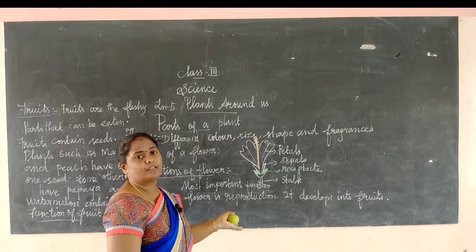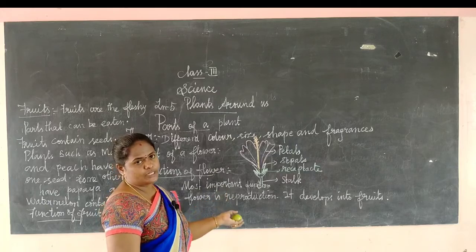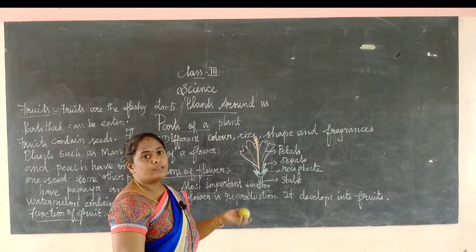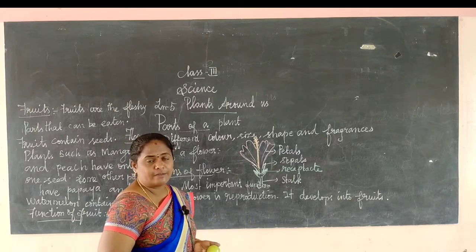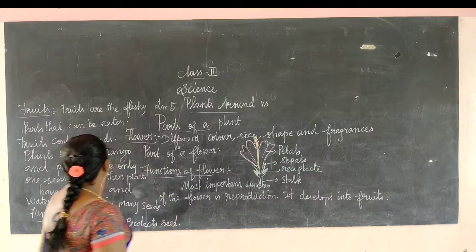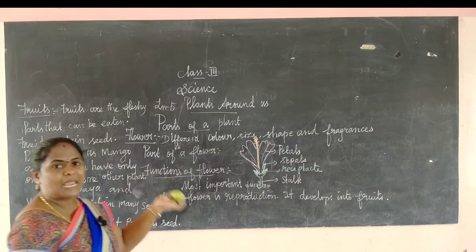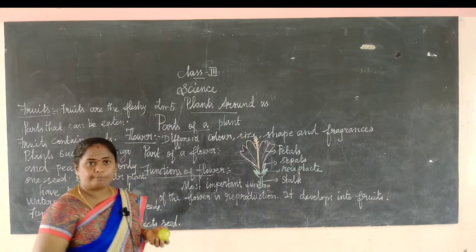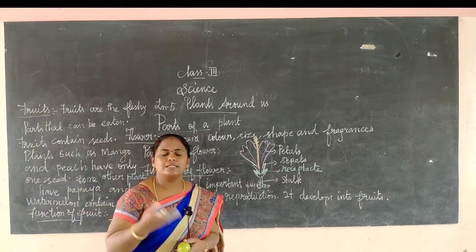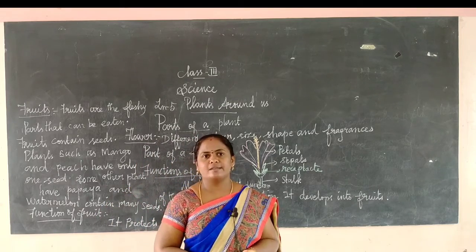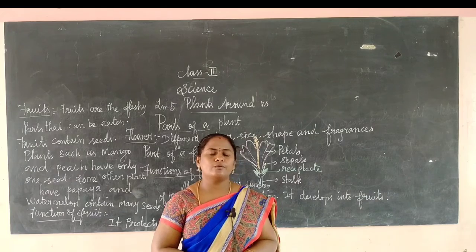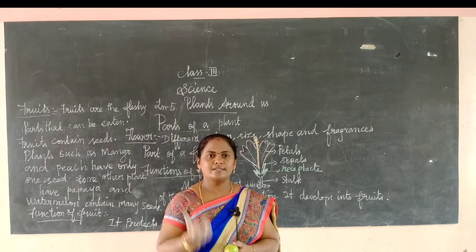Okay, so functions of flower. What is the most important function of flower? Reproduction. Okay, it develops into the fruits. The flowers develop into fruit. Flower வந்து எதா develop ஆகும், fruit develop ஆகுது. Next we saw the fruit; இதுதான் நம்ம plants லயே fleshy part, நம்ம சாப்பிடக்கூடிய பார்ட்டா இருக்குது. And then some plants have only one seed, and some others have many seeds. Okay, what are the functions of fruit? It protects the seed.